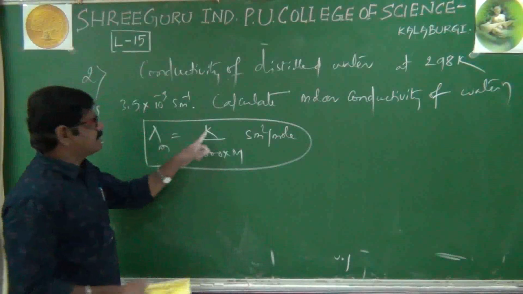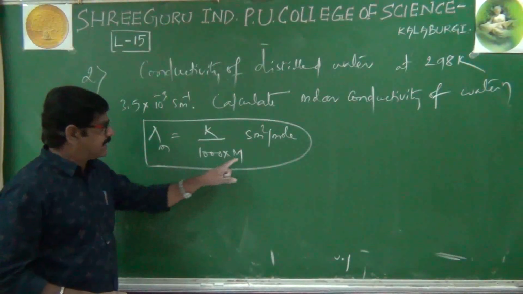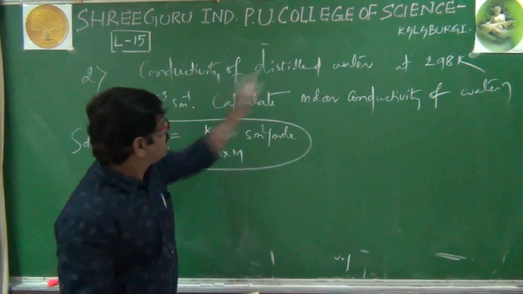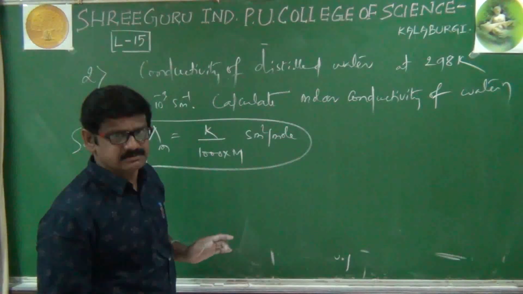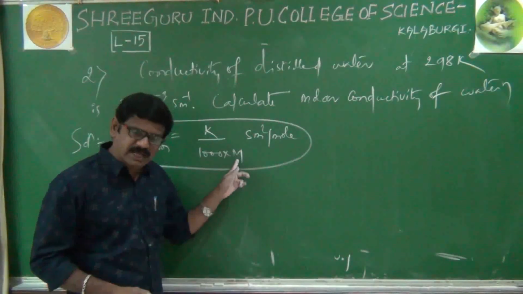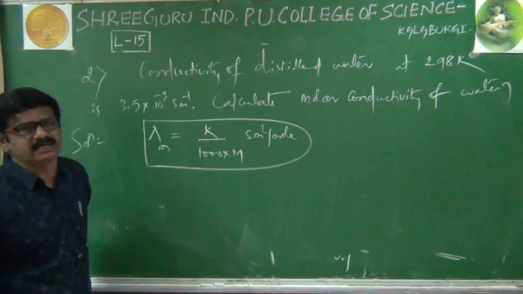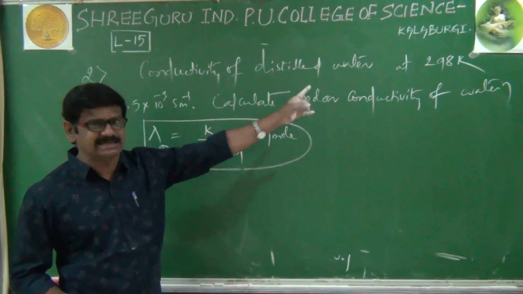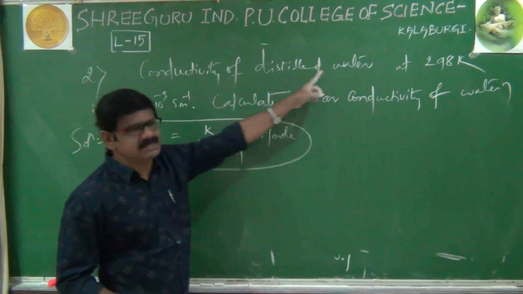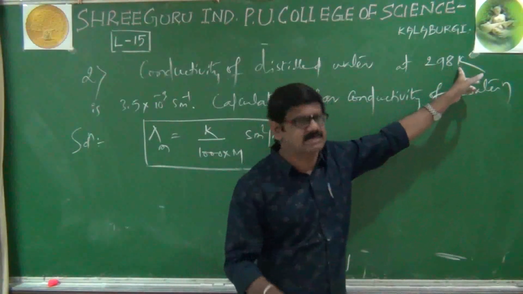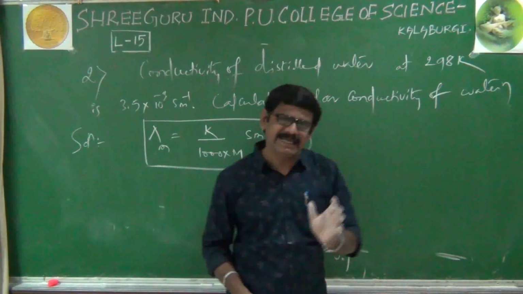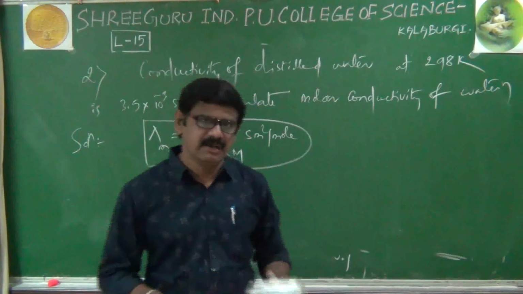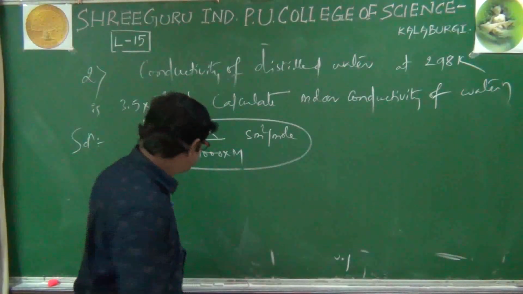Now here K is directly available, 1000 is 1000 only. And another thing, molarity is needed. In the question, I think molarity has not been given at all. Then without molarity, we cannot calculate molar conductivity, remember. Then how to get molarity? For that purpose, he has given some hint. What is that hint? Distilled water at 298 kelvins. This hint is based on our first year equilibrium topic, ionic equilibrium topic. We will go back to ionic equilibrium topic.